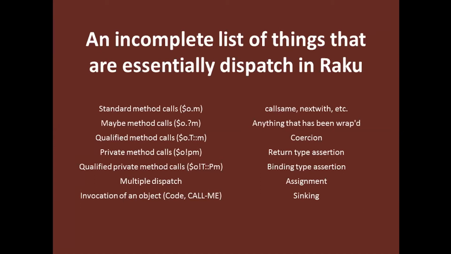You might think, is return type checking really a dispatch? And the answer is yes, it is, because in the case where it's successful, it's the identity function. In the case where it's wrong, then it's something that throws an exception. So all of these things are really cases of dispatch, where we make a decision primarily based on arguments and types,